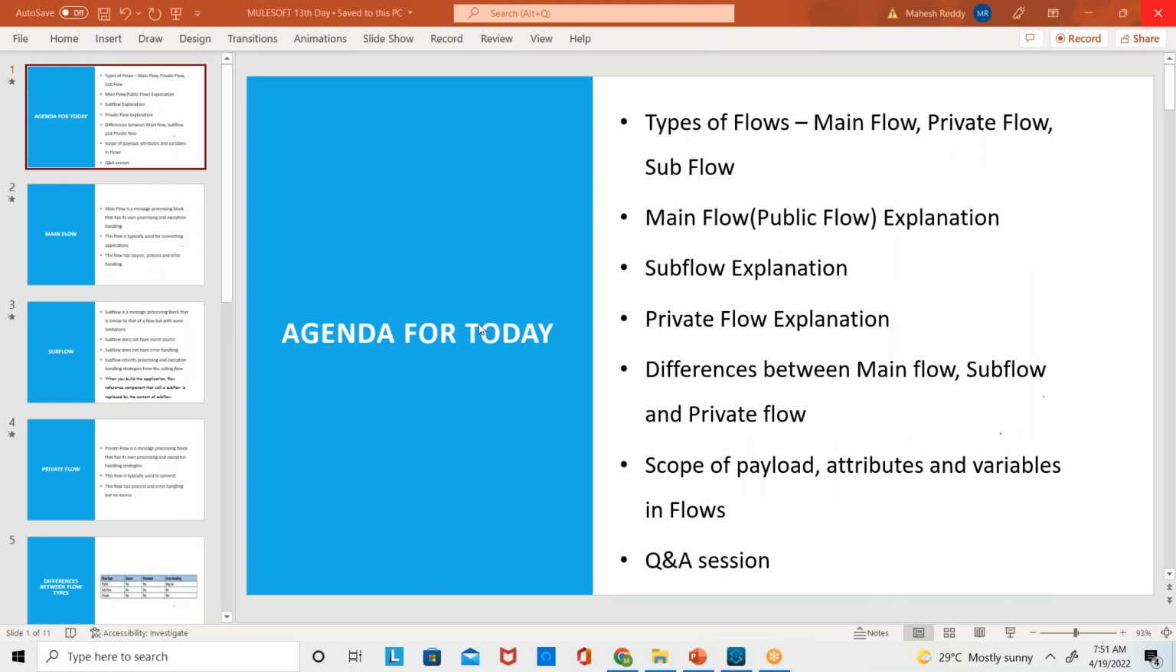Today we'll discuss the types of flows. We have different flows like main flow, private flow, and subflow, and I will go into deep detail about each flow, and then we'll see the differences and the scope of payload, attributes, and variables in different flows. Yesterday I showed you between two flows, but we'll also see how it behaves in different flows. Okay, fine. Now